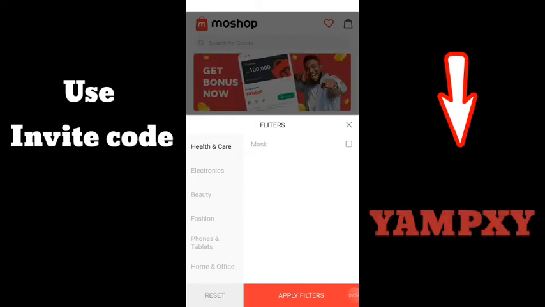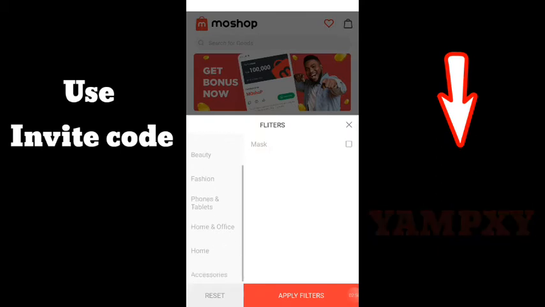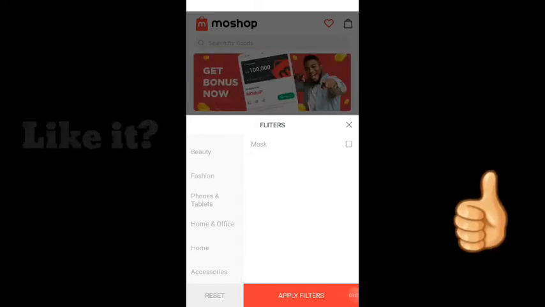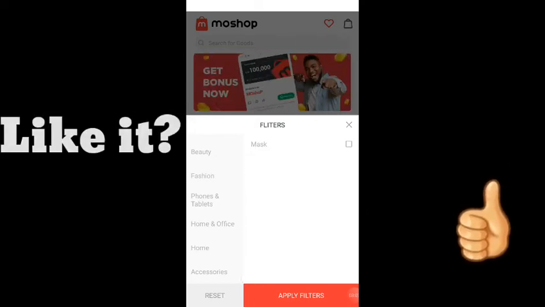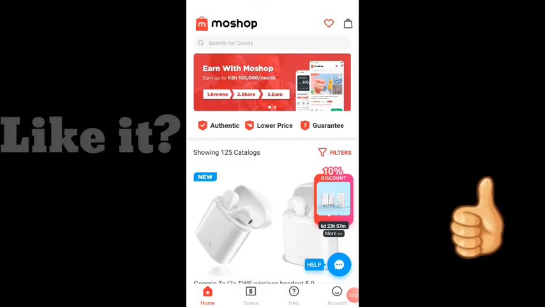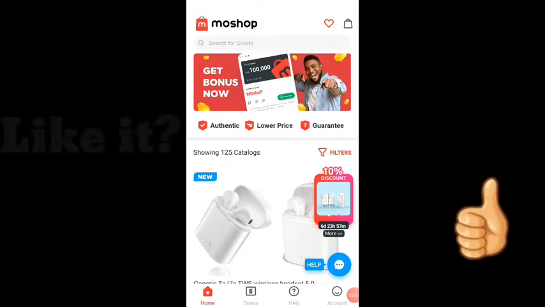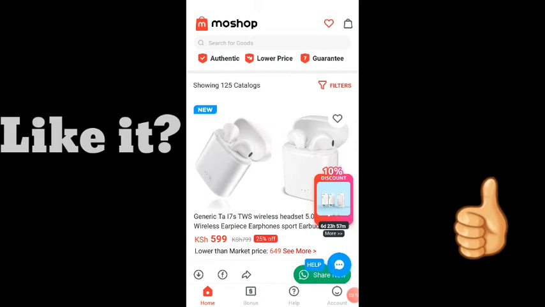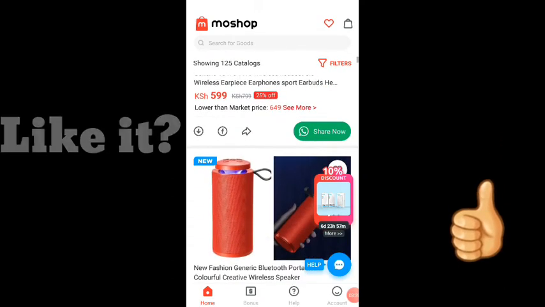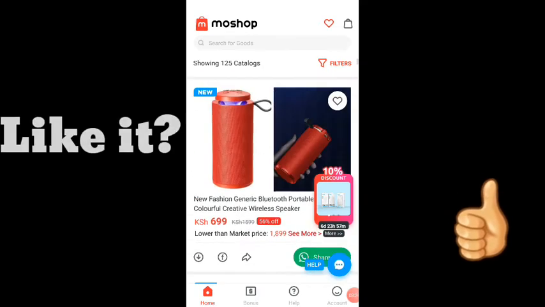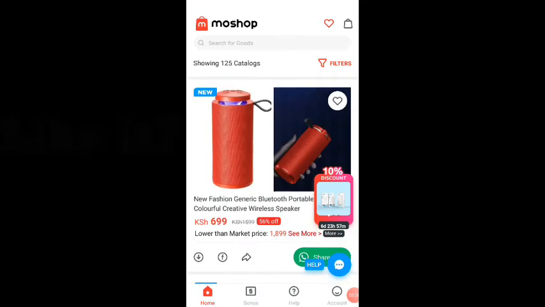For example, if you want to sell health and care, beauty, fashion, electronics, phones and tablets, home and office, and other accessories, the app itself has an automatic notification of the most trending or the most selling items that will pop up all the time whenever you log in every day.